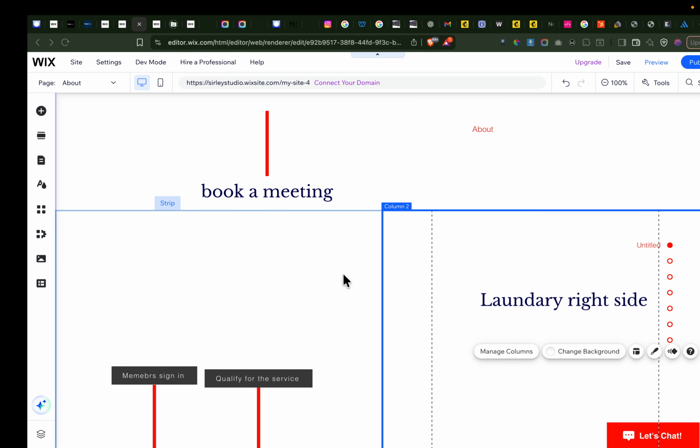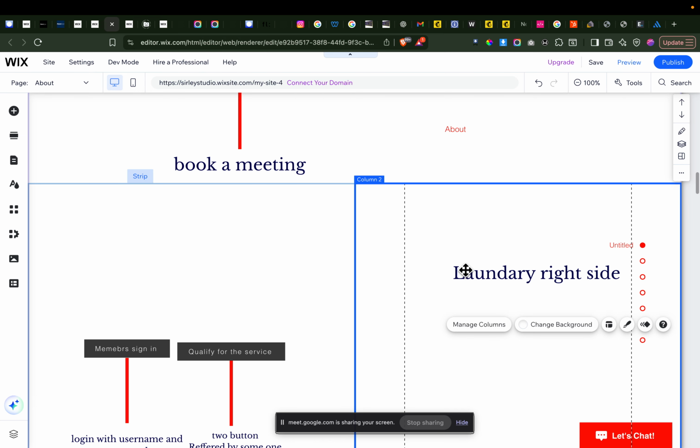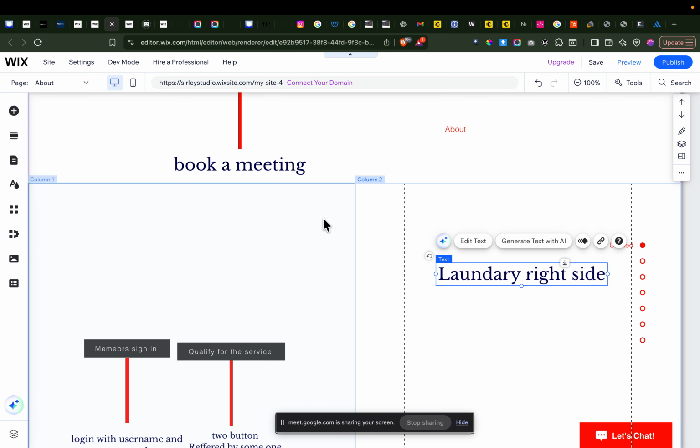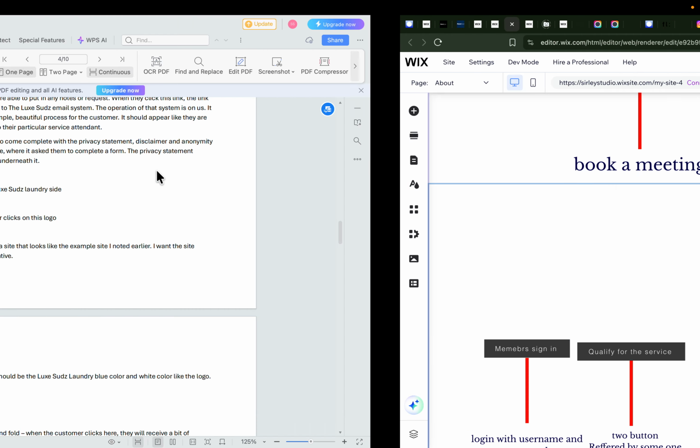So definitely on this particular page, we can have the logo there, and it can say enter site now or learn more. The button can say learn more. Let's say that. So it'll have the logo of Luxa's Laundry, and then we're going to say learn more.